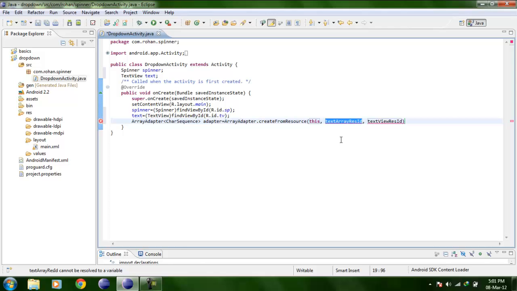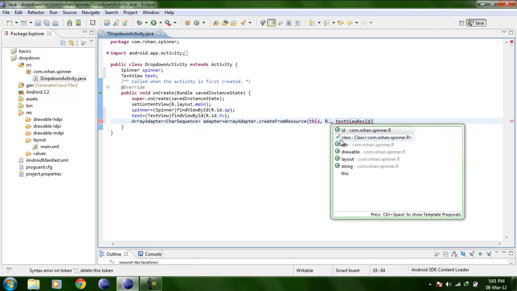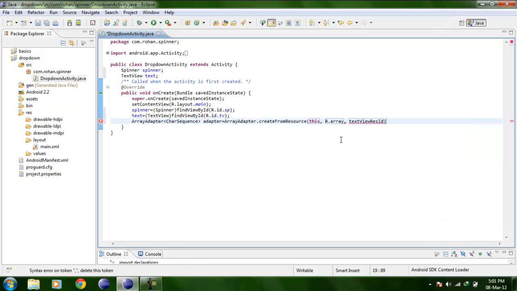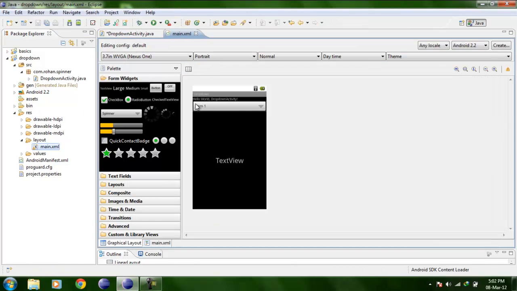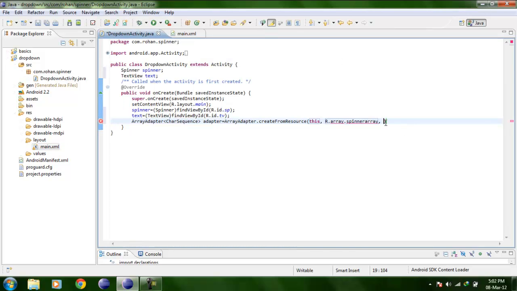Now text array will be the array, so I'll give its id as r dot array dot name it as spinner array. Now spinner array is just a name and it is of type array, and the text view res id will be the layout for this spinner. Now this spinner is this, here it is. Now we need a layout for that. We don't have a layout because we haven't defined any in the layout folder, so we'll need to take it